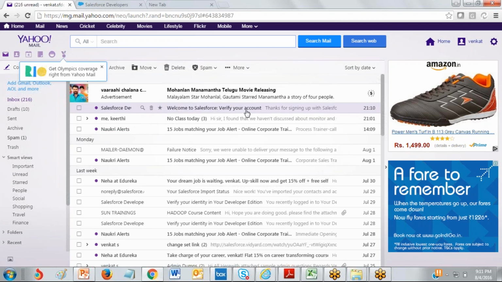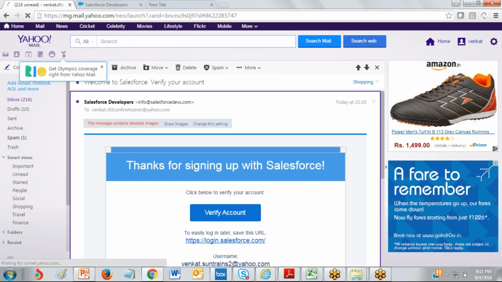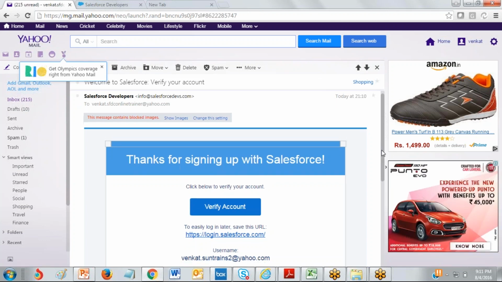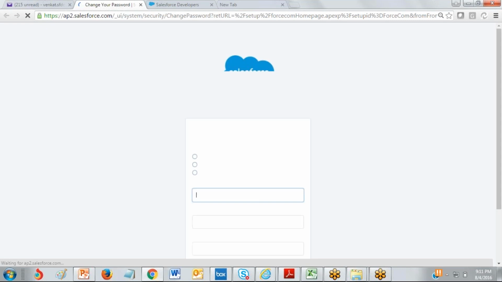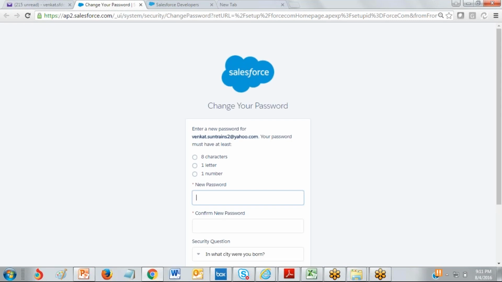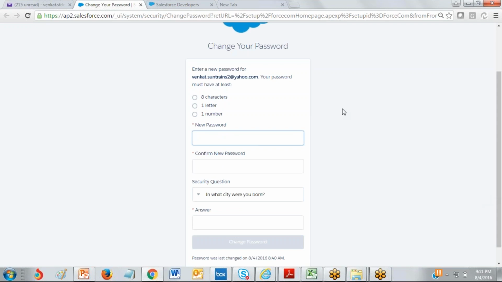Click on this, and then the verify account button. Click on this verify account button. You are going to log in to the salesforce.com application for the first time, and the first time you need to set up your own password.